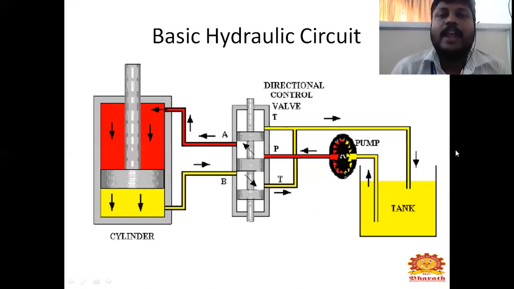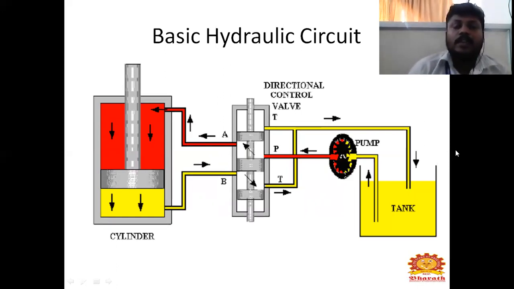And this is a basic hydraulic circuit diagram. Here we are using a double acting cylinder, and this is a directional control valve, pump and tank. You can see that the red one acts as the inlet port, and the yellow one is the outlet port. That means the cylinder is moving backward, that means it will be retracting. Next, when the cylinder is to be extended, the yellow color acts as the inlet port and the red color acts as the outlet port. Then your fluid will be filled here and your piston will be moved outwards and actuated.